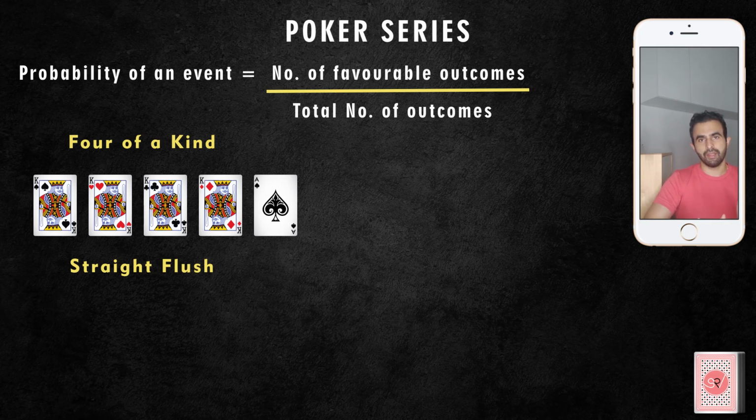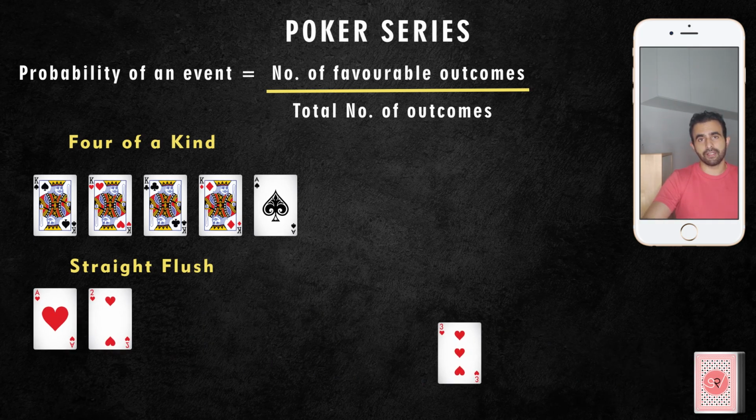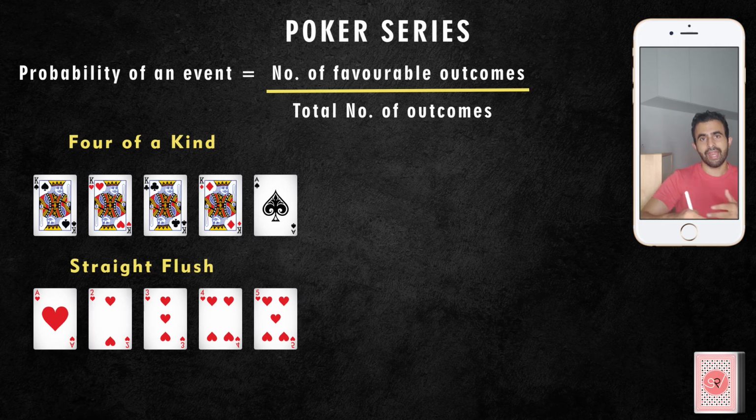So if you have a set of five cards which is of the same suit and in sequence, you then have a straight flush. It's just combining these two words. It essentially means that you have properties of both the straight and the flush. So an ace, two, three, four, five of hearts or of spades, this would give you a straight flush,